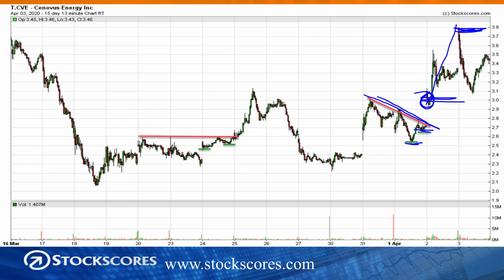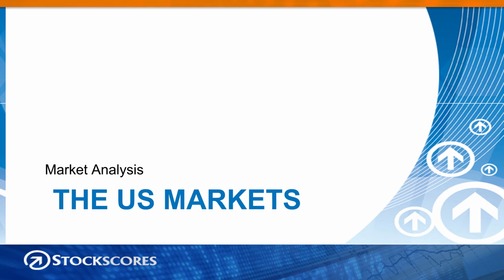And so that is the kind of trade I think everyone should be watching for. We had some good opportunities in energy last week. Next week, maybe it'll be in another sector. Maybe it'll be in the travel-related stocks or the airlines or something like that. All right, let's get on to our regular market analysis, try and figure out where the market's going to go